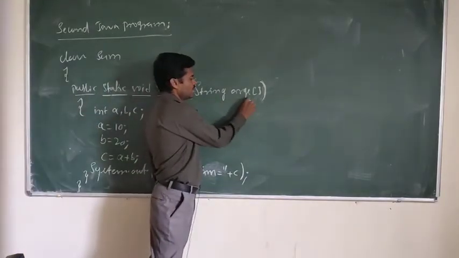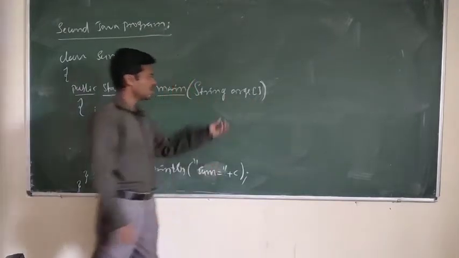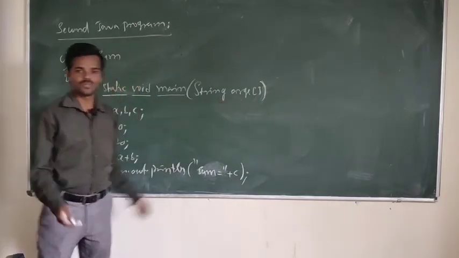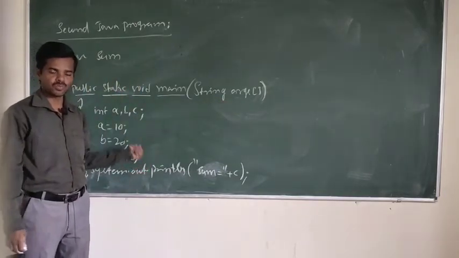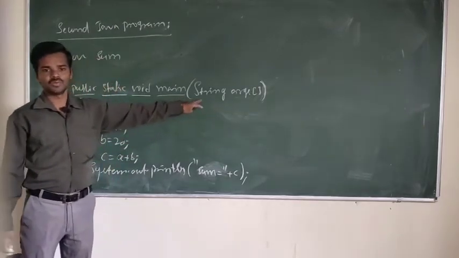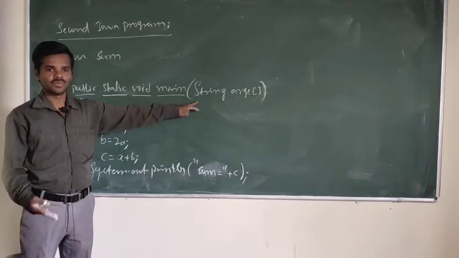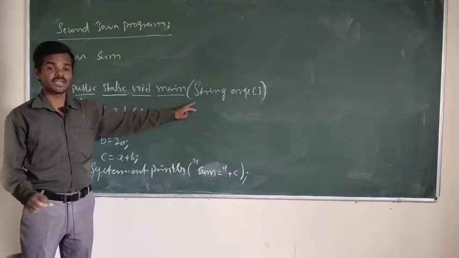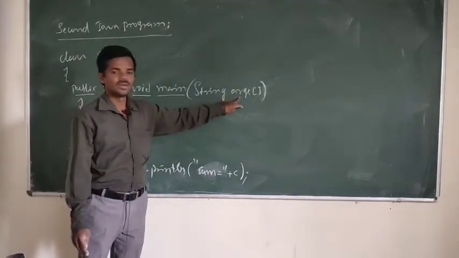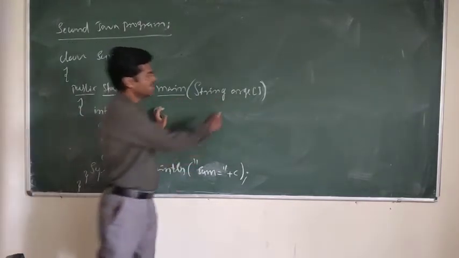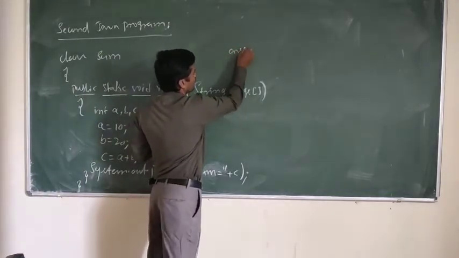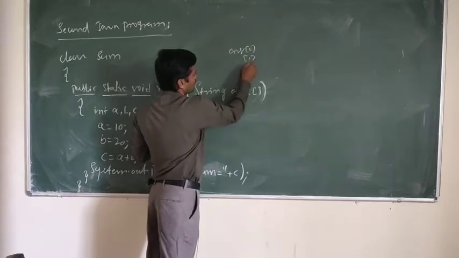So args is an array of type String. It can accept command line arguments. Why do we use this argument? If you want to accept any command line arguments in your program, you can accept them through the main method arguments. Understood? Suppose you want to give arguments at runtime to your program, you can accept those arguments using the main method's argument. So here args is an array. In this array it can store the arguments one by one, for example args[0], args[1], and so on.